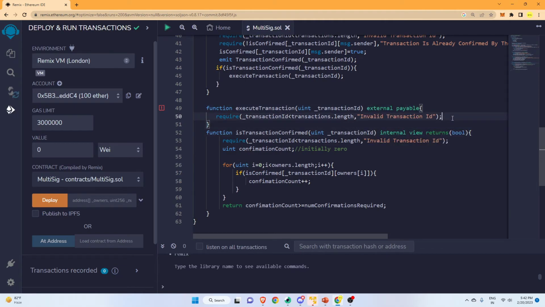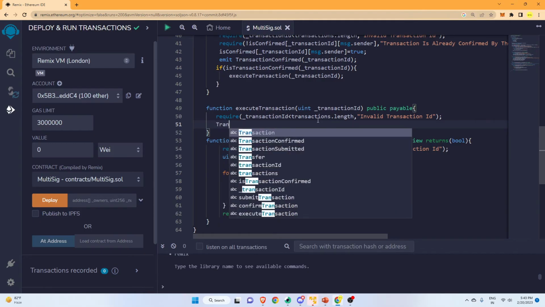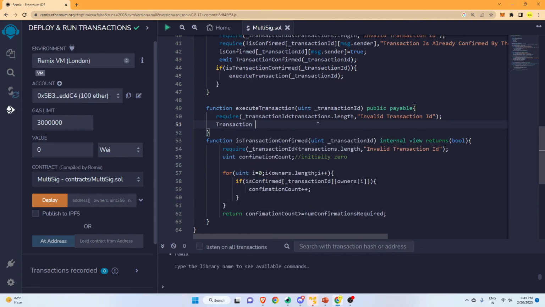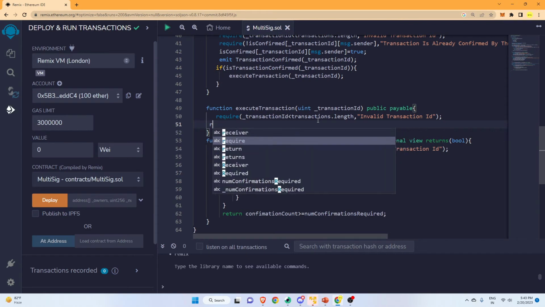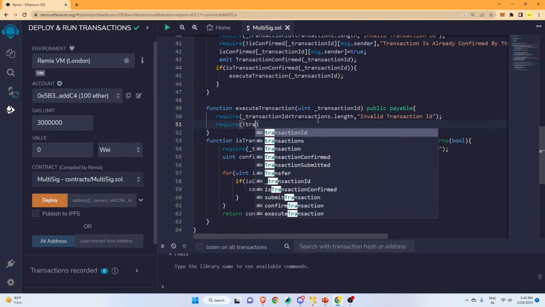Okay, let's do this. So now let me save it. I hope there is no issue. Okay, it should not be external as well, because I'm calling it within the contract, right? So let me make it public only. Yeah, now we are done. So now what we will do is, first of all, let me create one, or instead of, let's not create anything. Let's directly do a require statement check, require,